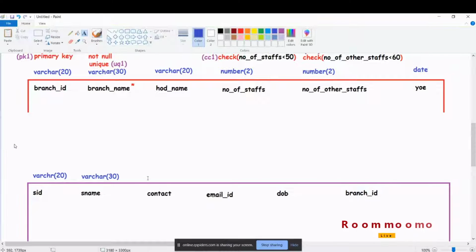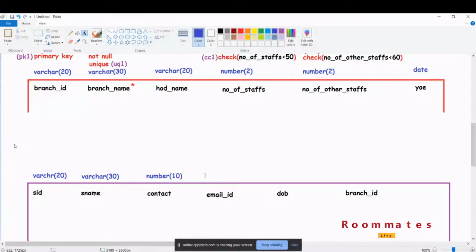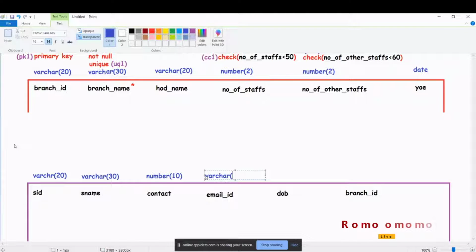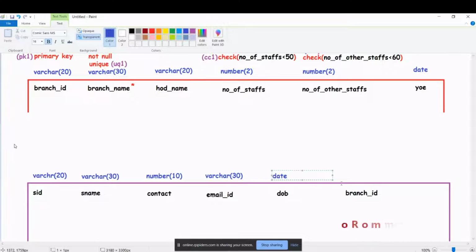So for contact number, what can I give? Varchar of 10, will it be enough? Number also you can give. Of course, you can give number. Okay, so let's give number. Number of 10. Yes, perfect. For email ID, I can give varchar of 30. Date of birth, I can give as date. For branch ID, I can give it as